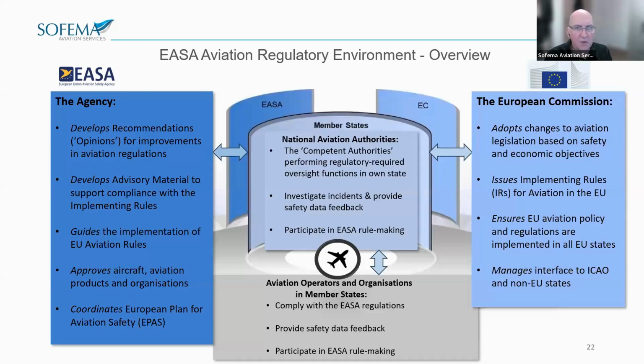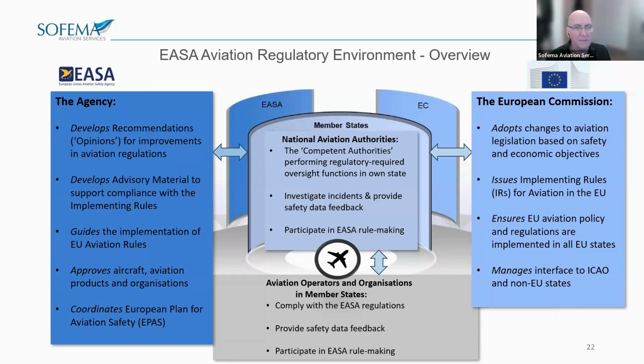So you can see here that multiple parties are stakeholders in the aviation regulatory and safety framework in Europe. When a new set of aviation legislation is brought into official EU law, this is done by the European Parliament and Council. The European Commission is the politically independent executive arm of the EU, which proposes and adopts changes to aviation legislation following a rulemaking procedure in which EASA provides the proposed implementing rules based on aviation safety objectives and the data gathered from industry.